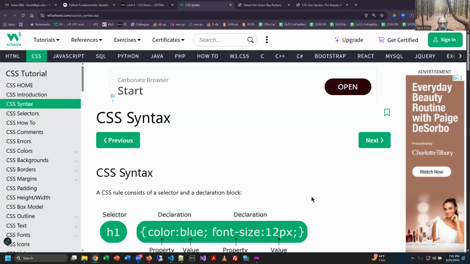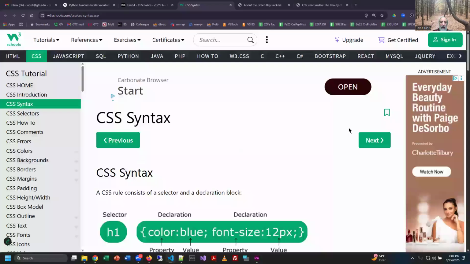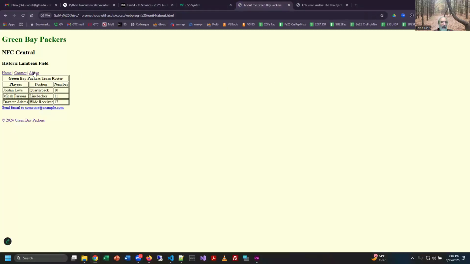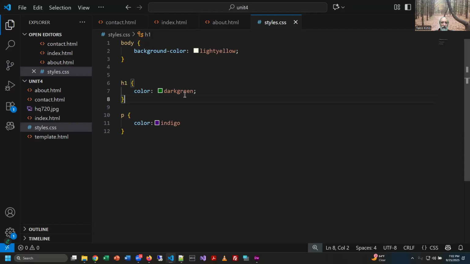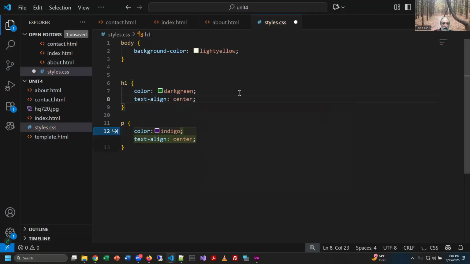So let's move on. Let's just add another style just to keep things interesting here. How about with our H1? In fact, let's do an interesting one because I'm thinking about the header area of my pages, like this stuff up here. That's kind of nice that it's over to the side like that, but wouldn't it look better if it was in the middle? So let's put it in the middle and let's learn how to do that. We're going to do a little bit of basic alignment here. Now, I do want that to apply to the H1 tag. So for example, I could put my alignment property, text-align: center, that's the correct one,